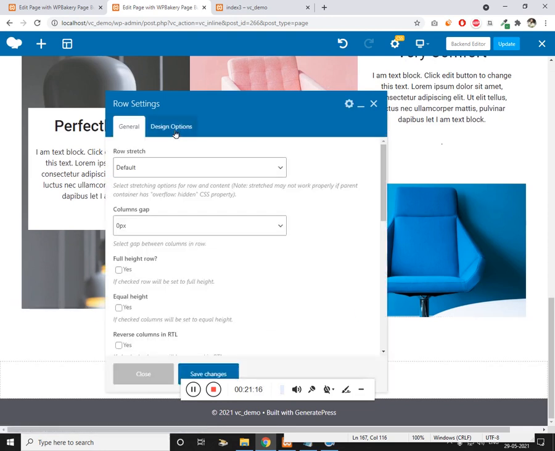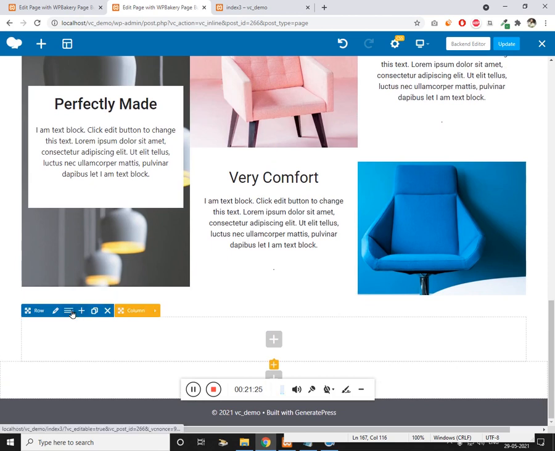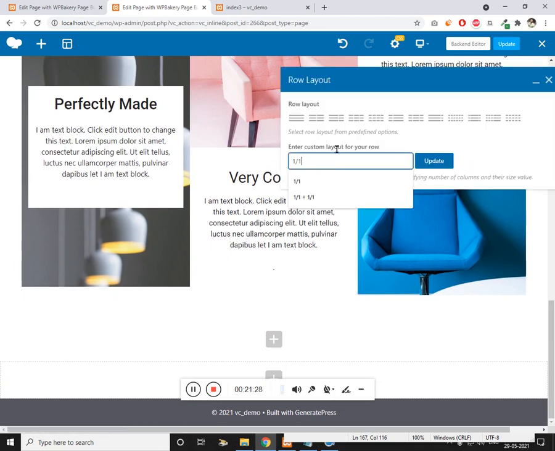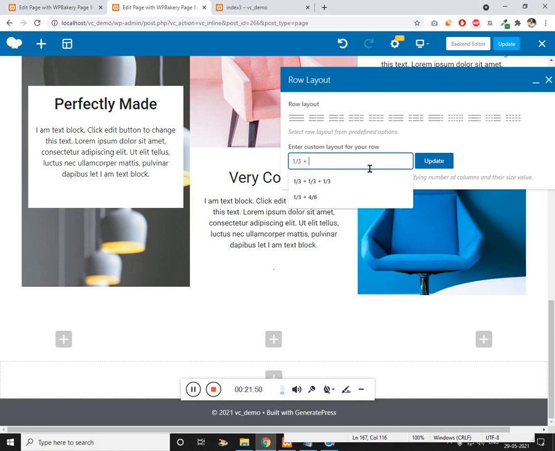Top I need 50 pixel, on left and right I need 50 pixel margin, and I want the column to be, if I show you, 1/3 and, very easy, 4/6. 1/3 and 4/6. Click on update.